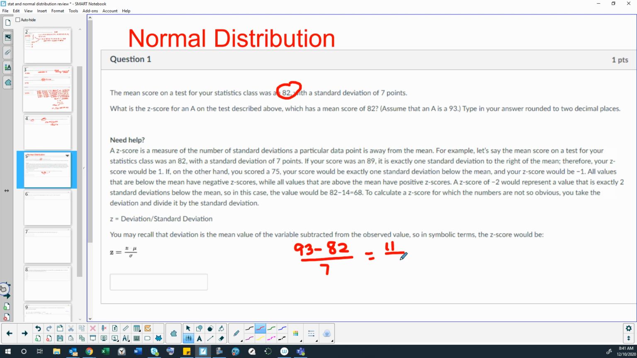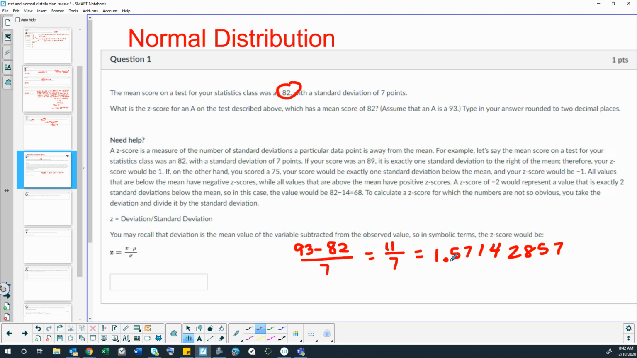So 11 divided by 7, that gives us a decimal answer. Let's see what that is. So I used my calculator and I got an answer 1.57142857. Okay, so with a z-score, I would say just 1 decimal or maybe 2 at the most is